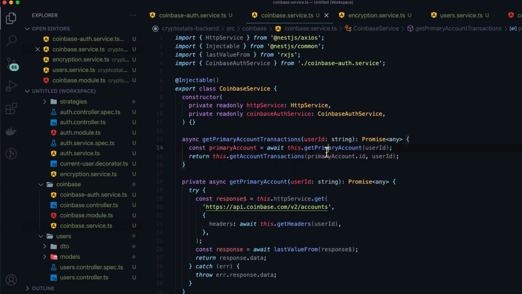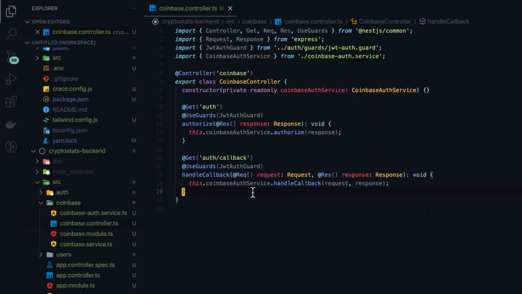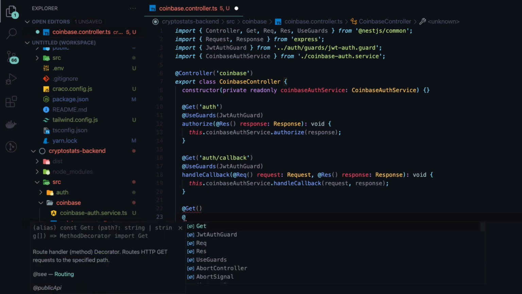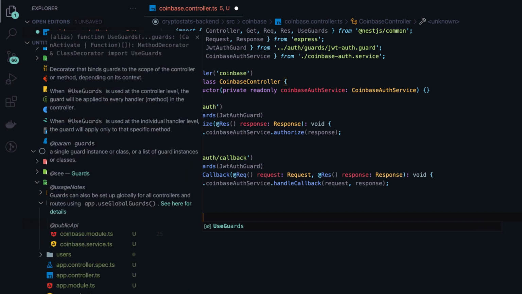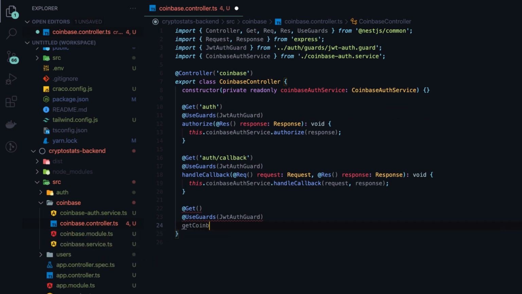So now we have successfully set up our code to be able to reach out to the Coinbase API and get our primary account transactions. So back in our Coinbase controller, we're going to add a new route here. It's going to be just a get route, and this will be the route to get the Coinbase data or our primary account transactions. And we're going to protect it with our JWT auth guard,